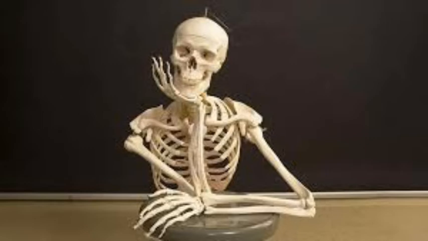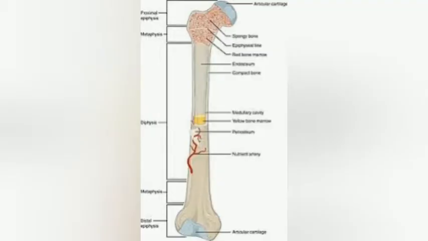Bone protects the various organs of our body, like the ribs. They protect our lungs and heart. It provides structure and support for the body. The bones come in a variety of shapes and sizes. If you look at the skeleton, you can see that there are various types of bone, like the short bones, long bones, flat bones, sesamoid bones, and irregular bones.